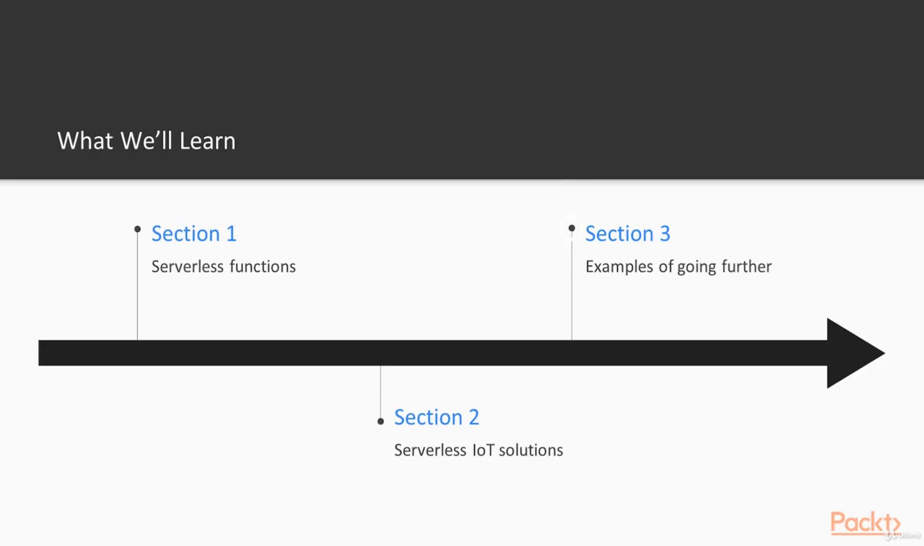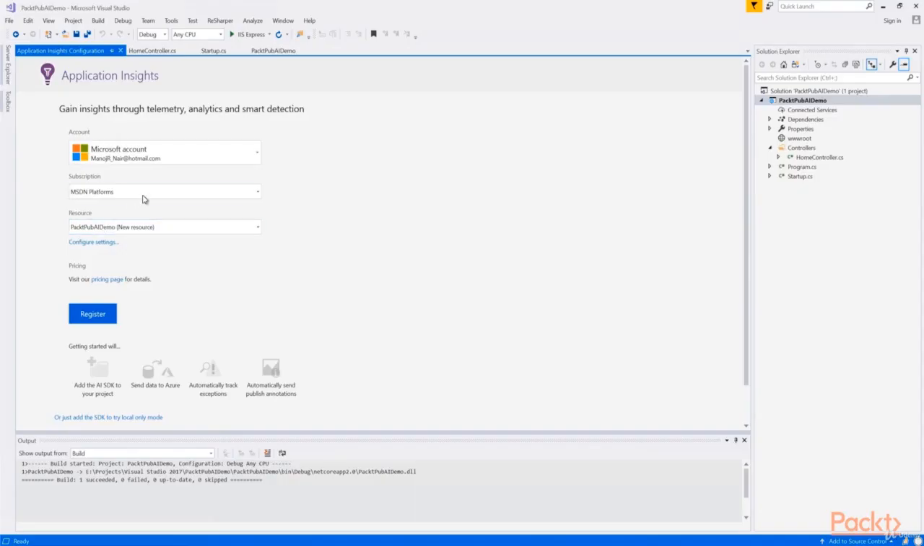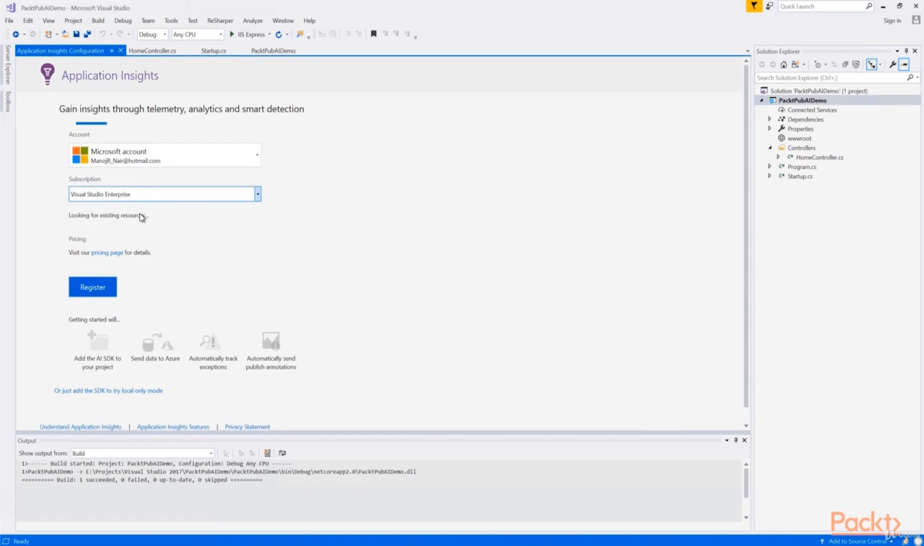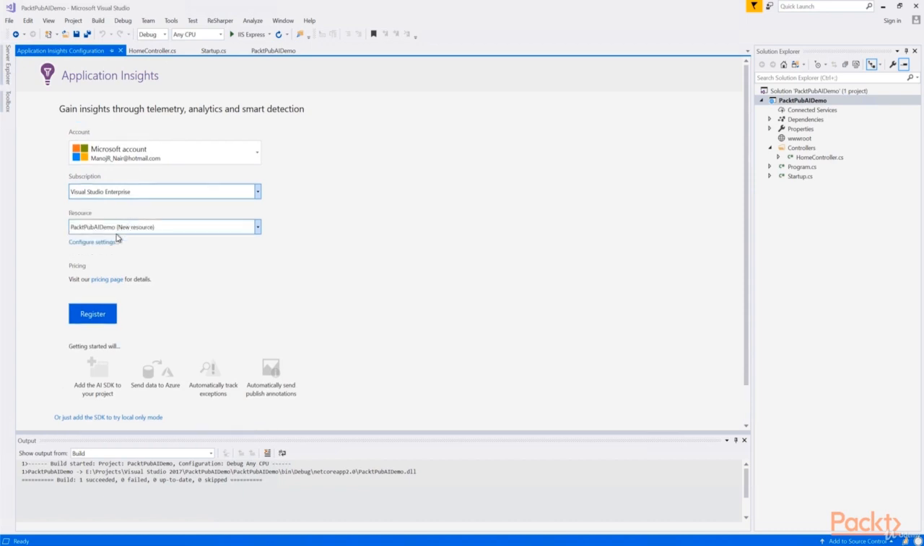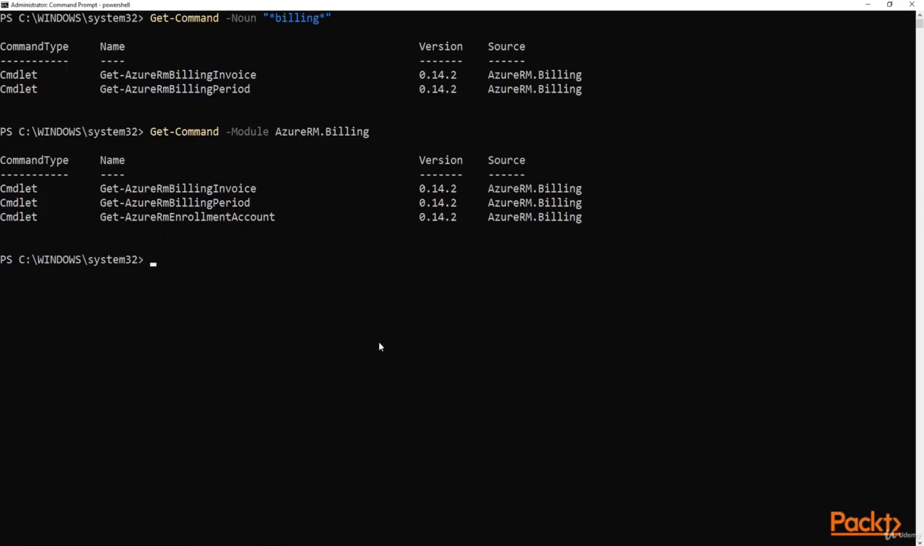In the final section of the course, we will look at some examples of going further. We will learn about Azure API Management, see how it can be leveraged to offer a proxy for your backend APIs, talk about Azure's application performance management solution, which is basically enabled through Application Insights, learn how to integrate Azure Search in your applications, and finally talk about Azure Billing and how to get billing data via the RESTful APIs Azure